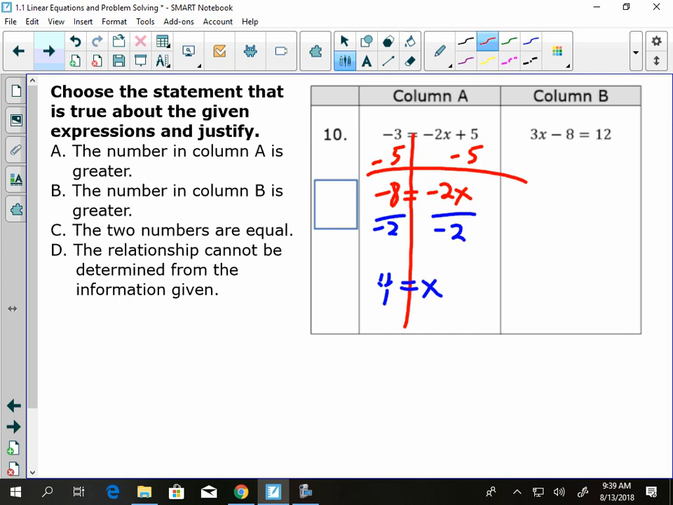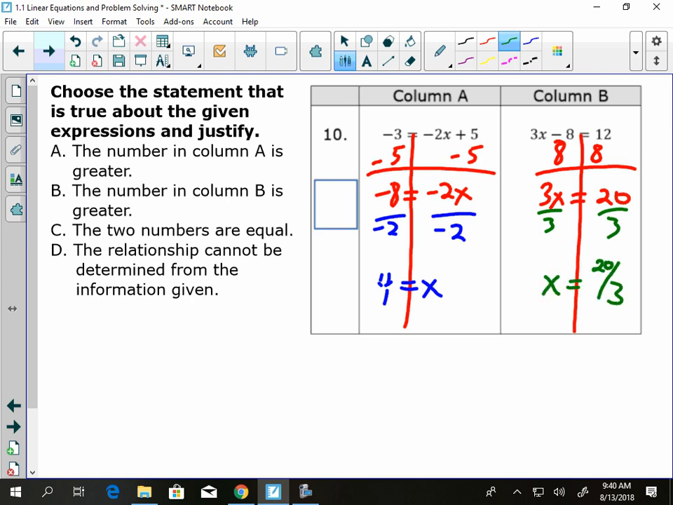So now, same thing over here. What do I do first? Get rid of the loner. I'm going to add 8 to both sides. 3x equals 20. Now I divide both sides by 3. X equals 20 over 3. And that's fine to keep your answer like that. However,